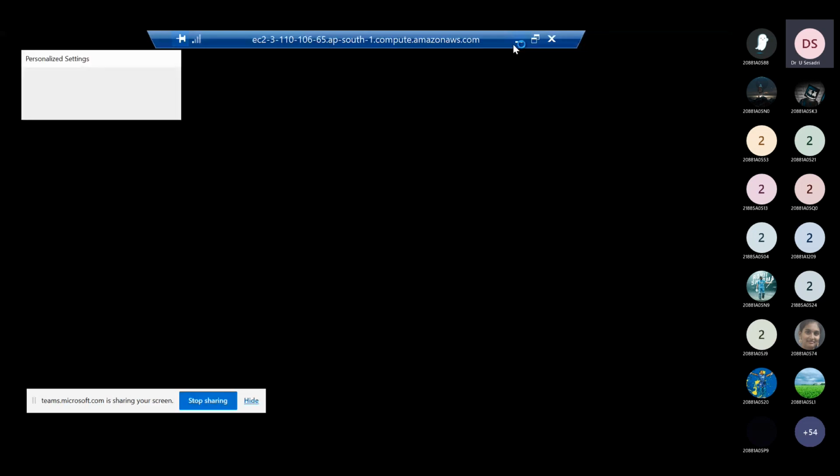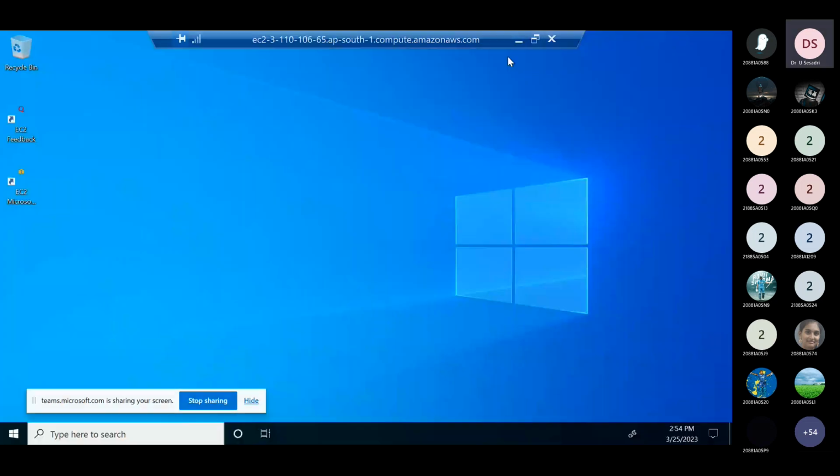Now in this session, I am launching two Windows servers to apply an application load balancer. I am writing the bootstrap script so that those Windows servers are made into web servers. We have observed that